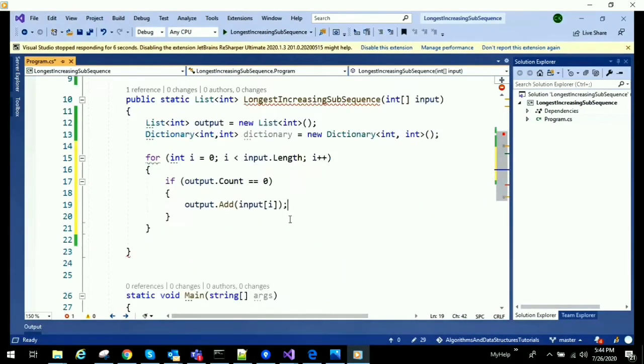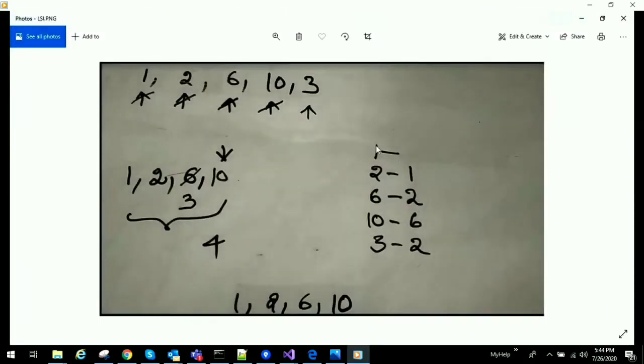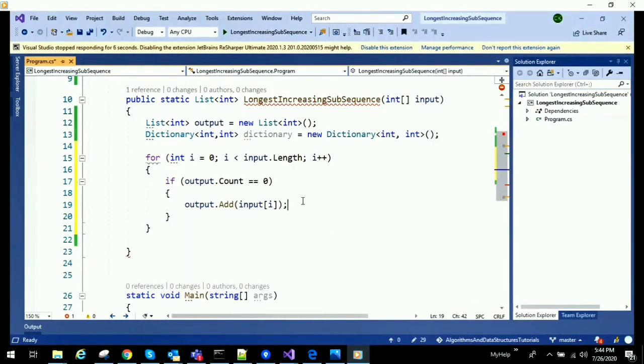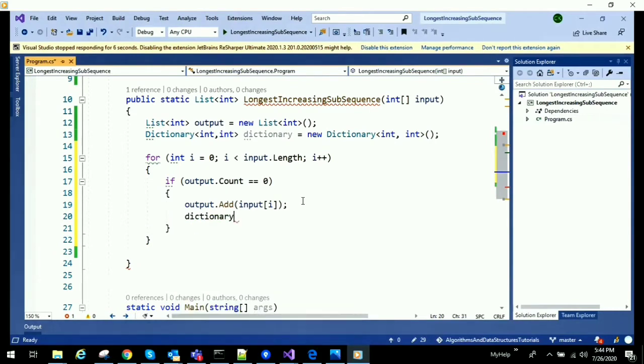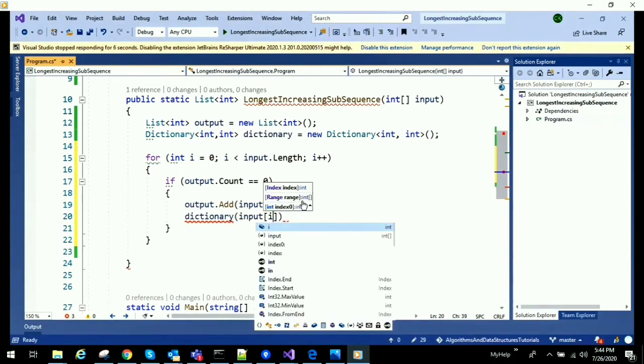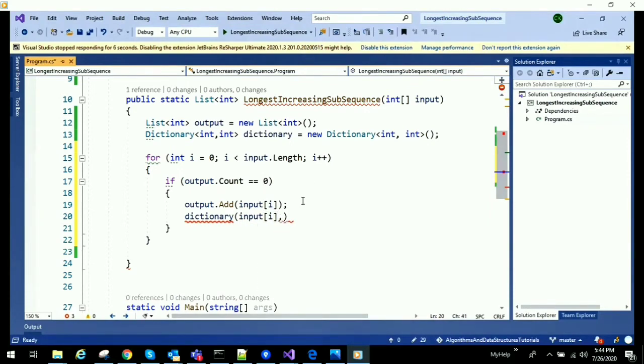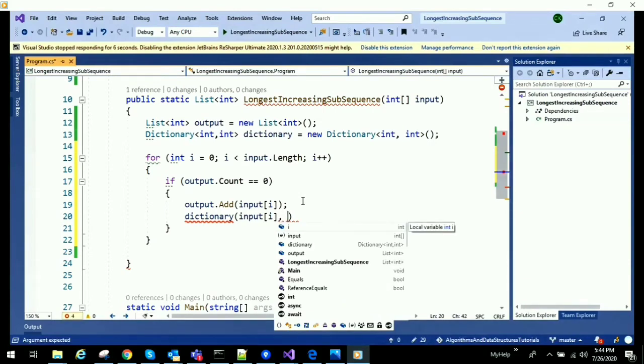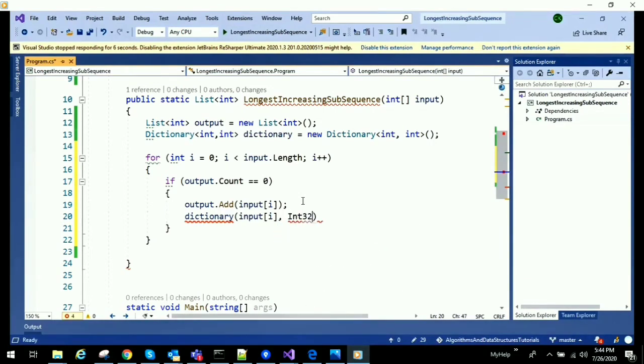And when we add an element, we also need to maintain this information, right? For the first element there is no previous element, so what I am doing is I am taking the minimum integer value. Here the key will always be the current element, and this value will be int.MinValue.